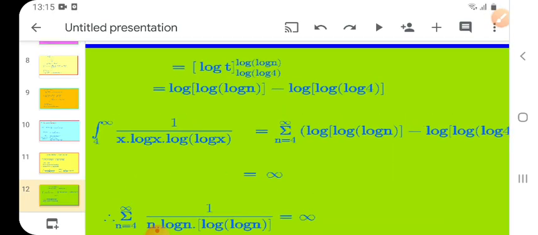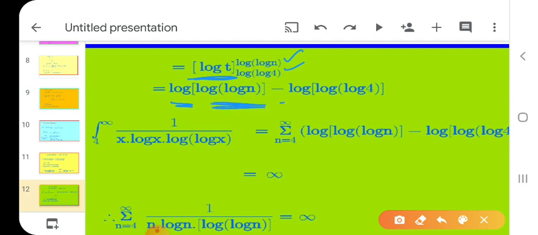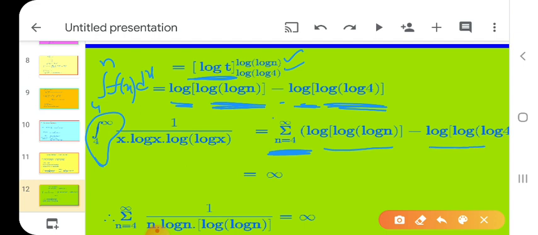See here. So here I write log t. What are the limits here? Log of log n, log of log 4. First I apply log of log n in the t place: log of log log n minus log of log log 4. This is the value of the integral from 4 to n of f of x dx. Now I find it from 4 to infinity. That means log of log log n minus log of log log 4, and here I write limit n tends to infinity.